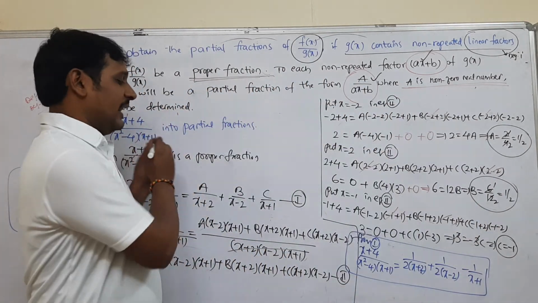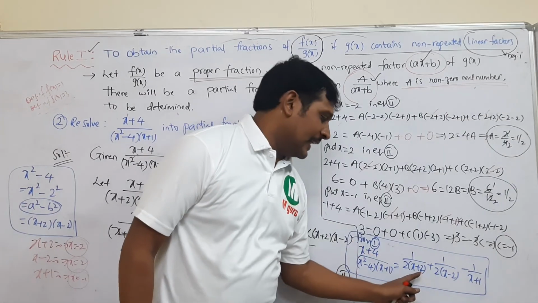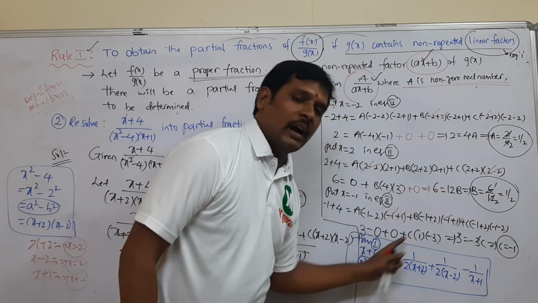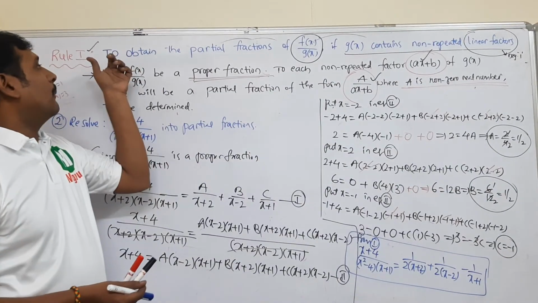So the given question is converted into a sum of two or more factors. Hence each and every one is called a partial fraction of the given one. So this is the procedure to solve the problems in